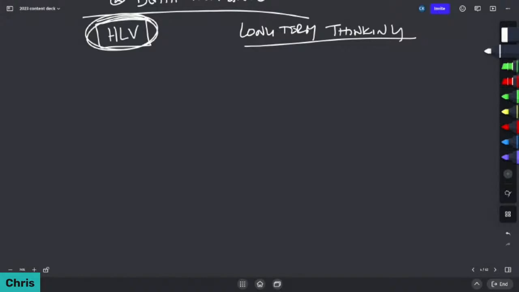Let's say this, I have a tricky relationship with the human life value term. I'm just going to keep it really simple. It's saying if you make 100K, the life insurance company is going to say you've got 20 to 40X. So that'd be anywhere from 2 million to 4 million human life value, right? My challenge with this is it puts a limitation on this.